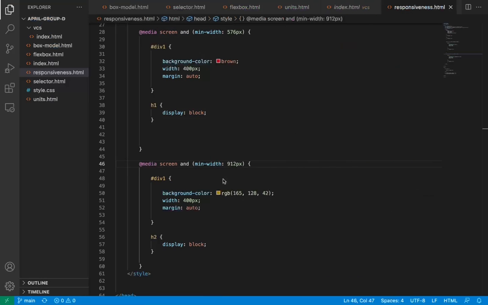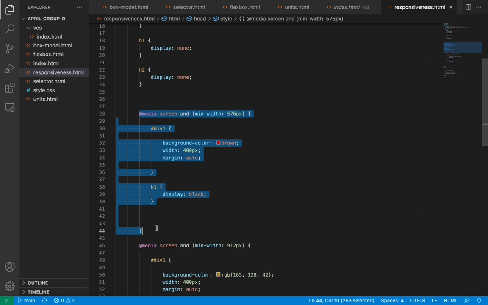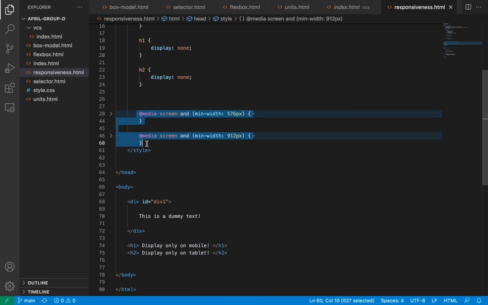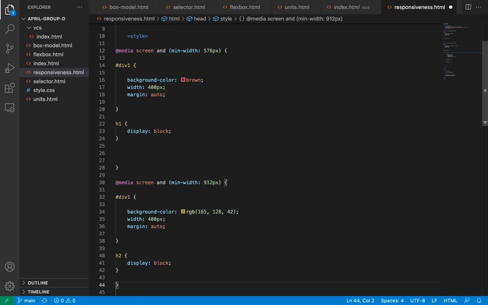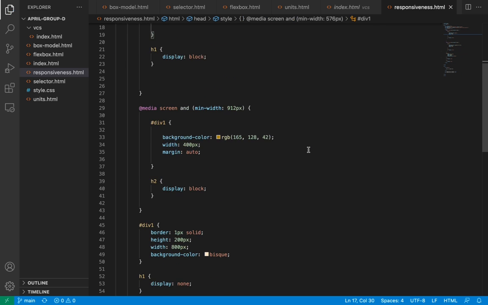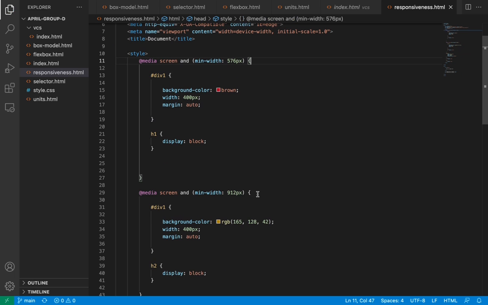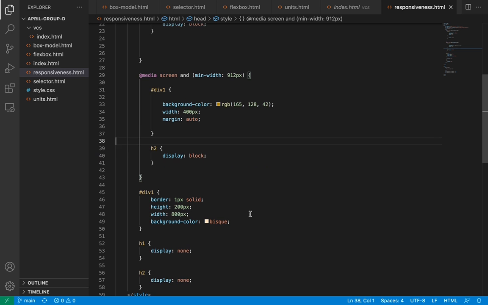Just a second. Did we need to change something more? Yes, we need to change something more. So we need to cut this one also out and this one also out, and we have to supply it in over here. So let me format the document, and I guess we are good. Okay, so this is for 576. This is the minimum width, which is greater than this. Then 912, which is above this, and finally,